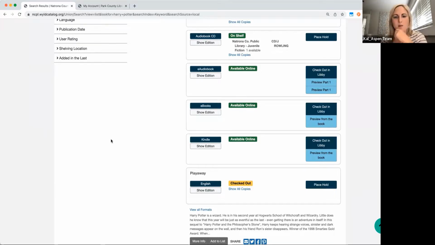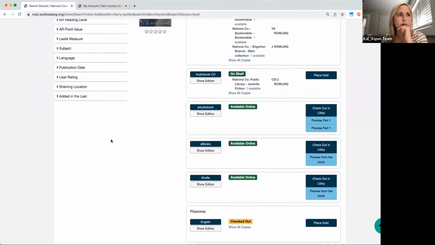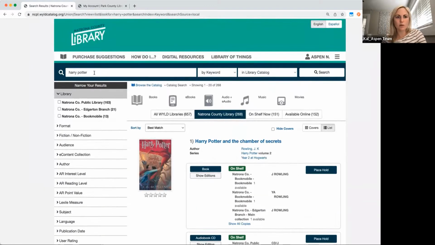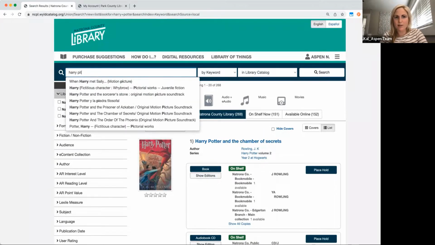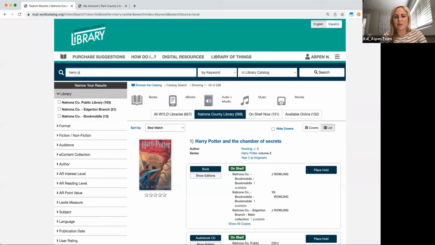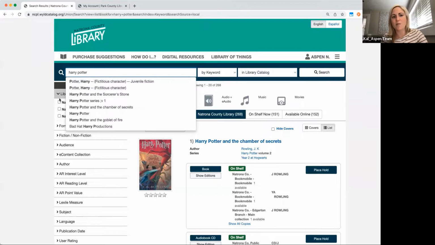All right, let me do a couple more search things and we'll dig a little bit more into these records. Okay, so Harry Potter is a good example. Let's say I search Harry Potter, for example. As you can see, I'm just starting to perform a search. I just wanted to show you that there are some search suggestions that will pop up for folks. And these are based off of your subjects and different data points in your MARC records.